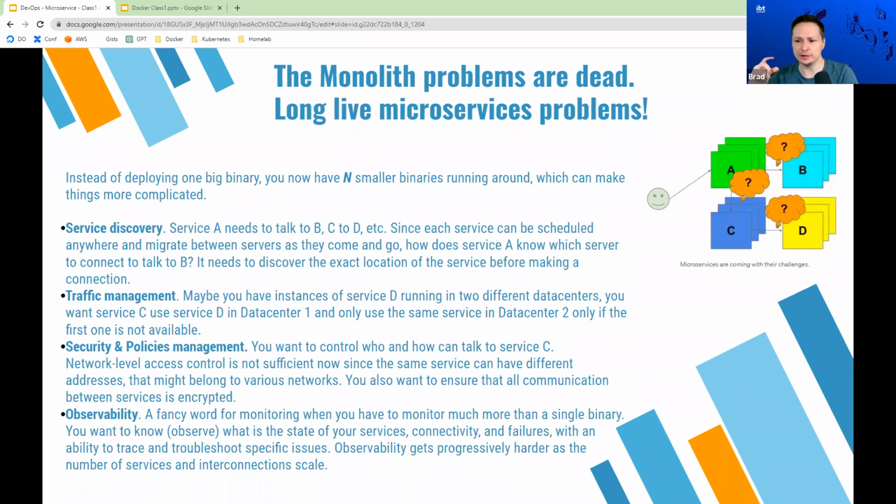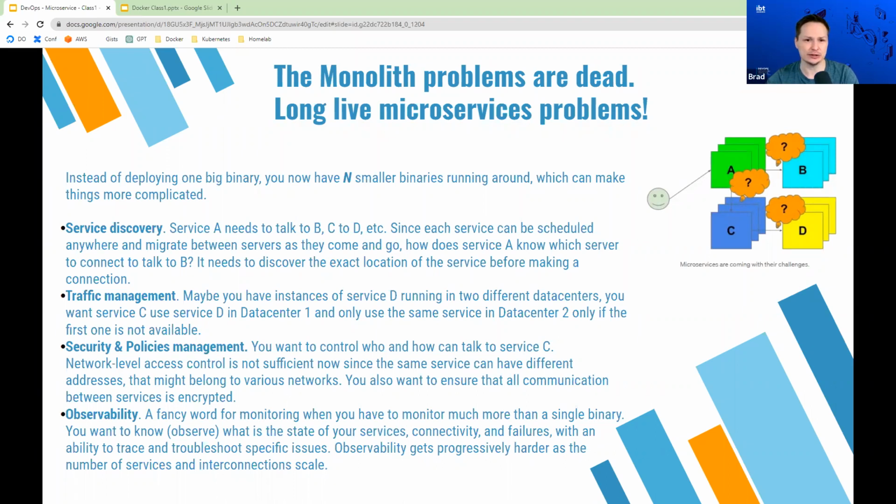Security and policies management. Basically, we need to implement security, not just on a single monolithic application, but we need to go into different microservices now and make sure they're secure. We need to make sure that all the different libraries they're using are up to date and they don't have vulnerabilities.